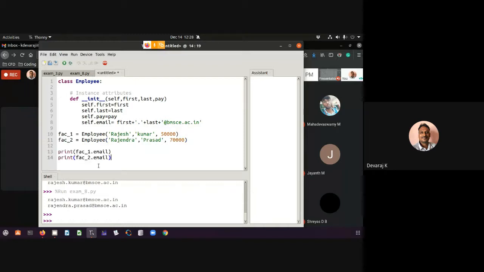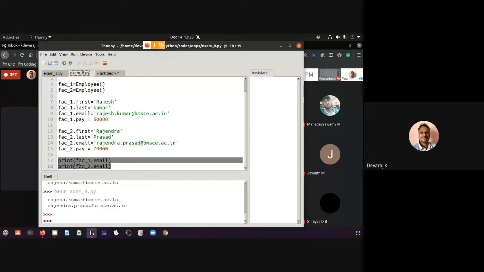Faculty 1 is unique, and it's under the employee class. Faculty 2 is also under the employee class. If I want to do it here, this is how you have to get the printout. If I want to do it here, I should do it differently.